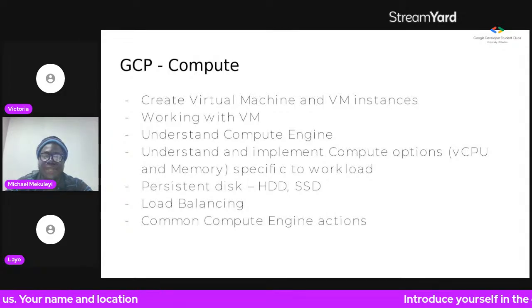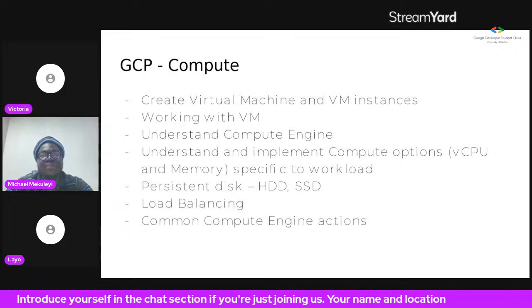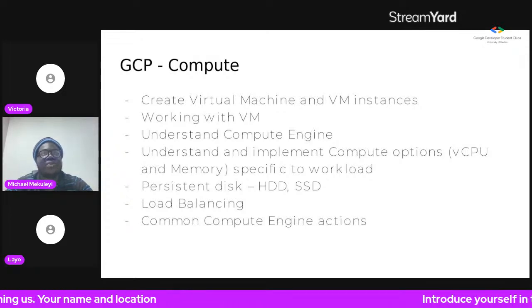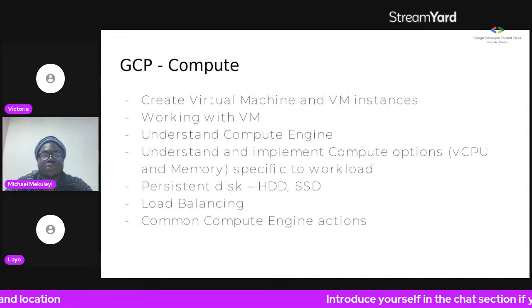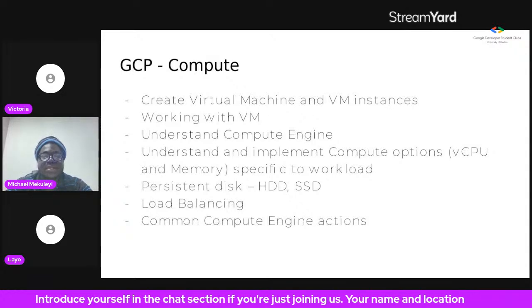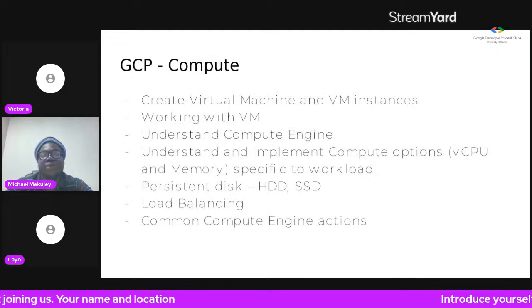What's load balancing? Load balancing is basically distributing requests evenly between virtual machines or machines on the cloud. So if I have 10 requests coming into my network and I have 5 machines, I do not want 9 to go to one machine and 1 to go to another, and then I don't want the 3 other machines to have nothing to do. So you probably want to split all your requests evenly across all the machines with low latency.